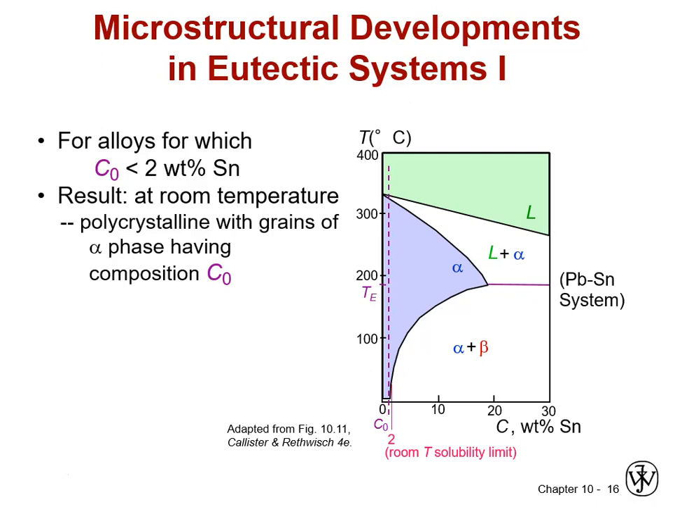So what if we took an alloy that only had 2 weight percent tin? That's represented by the purple line, which is C0 of 2 weight percent tin. If we cooled that, we would go from the liquid, drop through a liquid plus alpha two-phase region. Eventually we would solidify all of it to alpha, and right before we got down to room temperature, we might start grazing the edge of that alpha plus beta